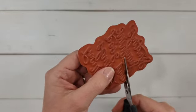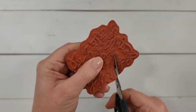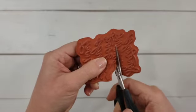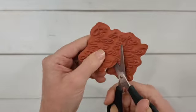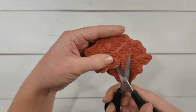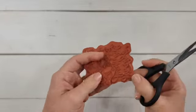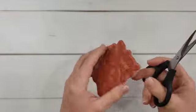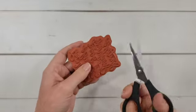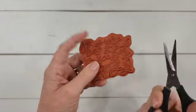You are going to want to have some really good scissors. These are my paper snips. They are fantastic. They're the best scissors I have had. They are perfect for fussy cutting, detailed spots. This is not my best pair, I will say that, because there's adhesive on these labels right here. I am using the pair that I've had around the longest to do this, but you do want some sharp